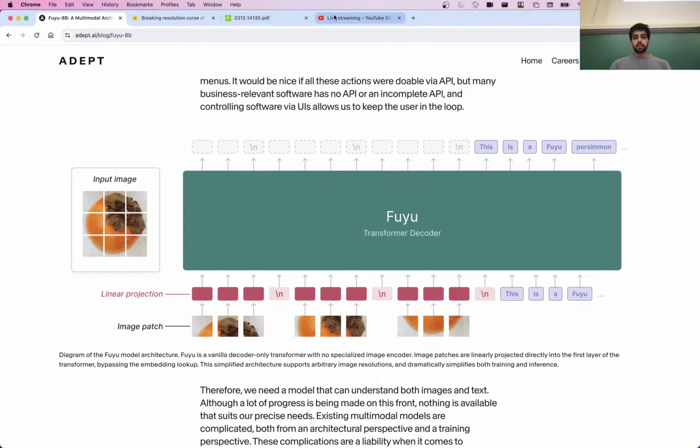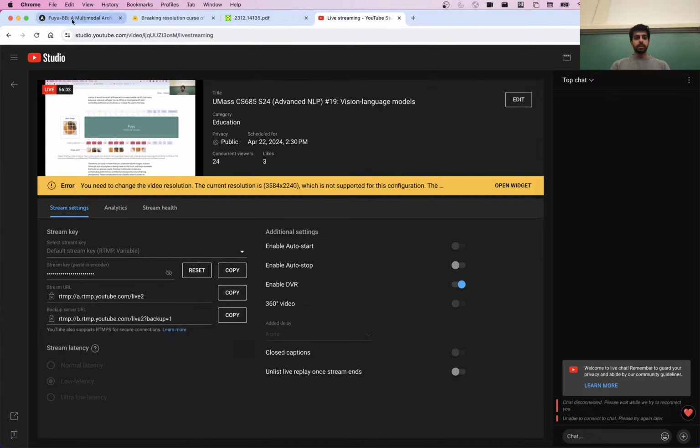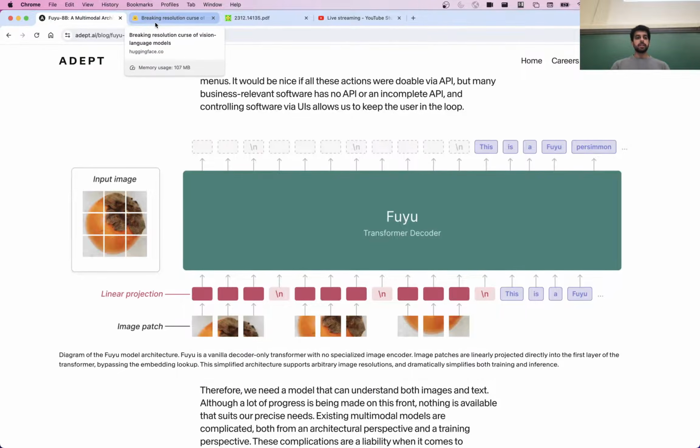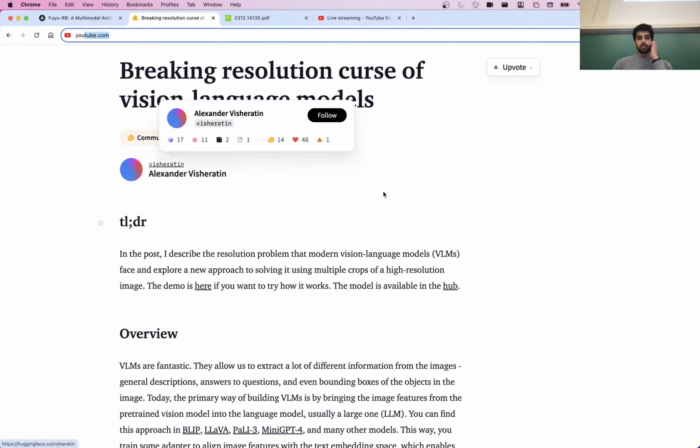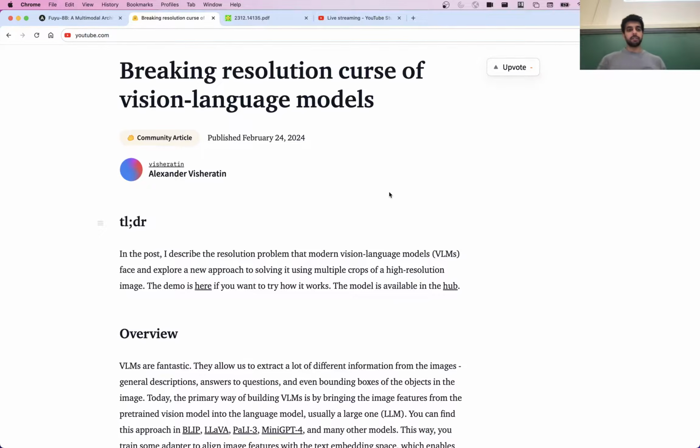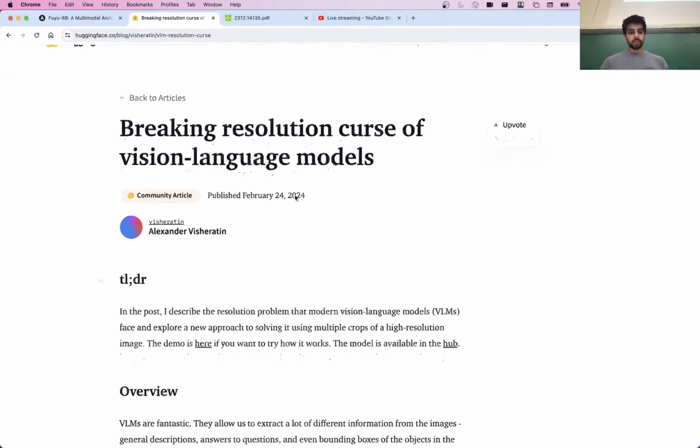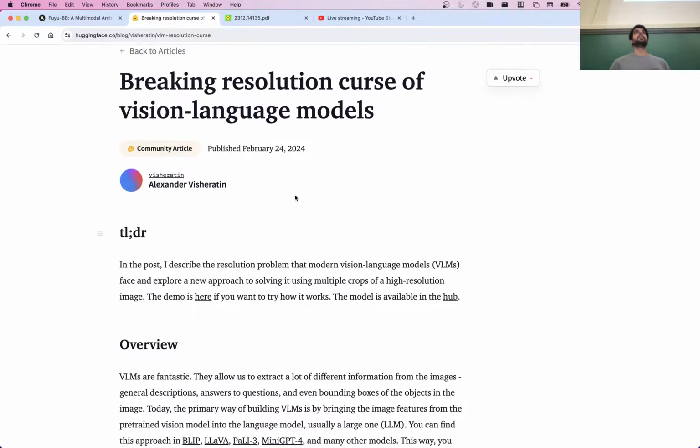Okay, great. So I see no questions here. The last thing I wanted to do is look at a cool blog post that was recently published on Hugging Face, where they're looking at one of the major issues with all vision language models currently, which is that if there is something kind of small in the image, they won't be able to reason over it. Like we saw in the first example, I asked how many legs are on the man's shirt. It wasn't able to do that reasoning.